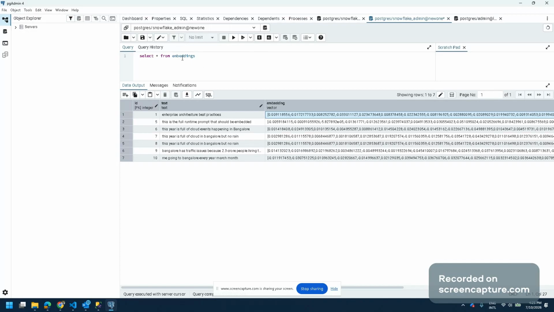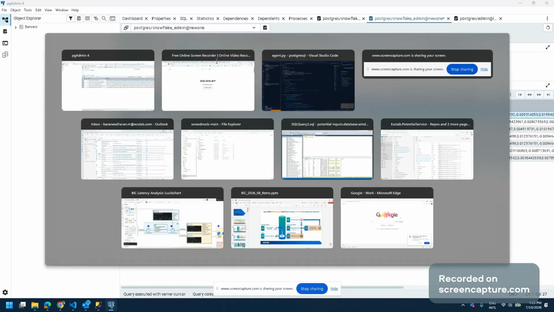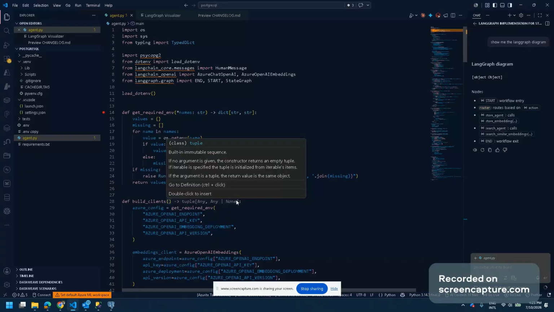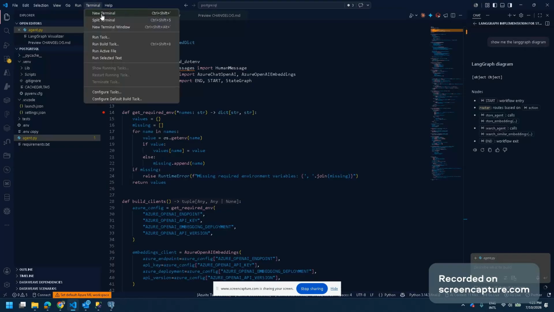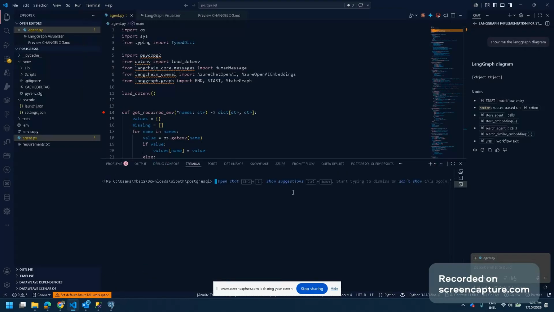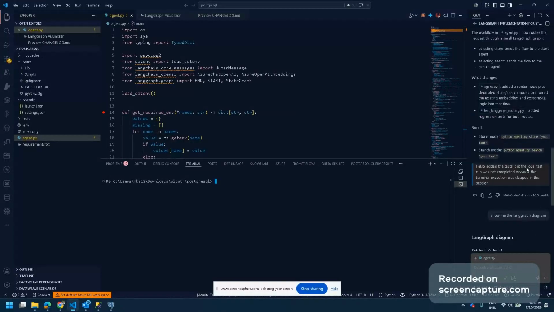The table name is called embeddings, right? So let's look at the code that I have. Let me run this one first of all. This is a Python program. How do we run this one? Using this. So once I do this one,